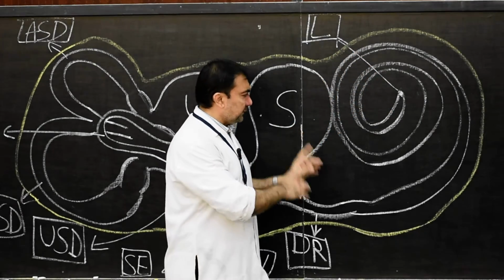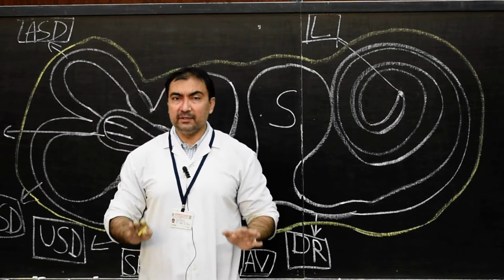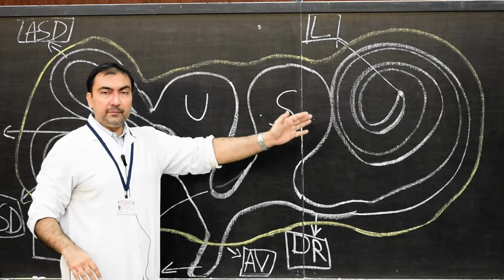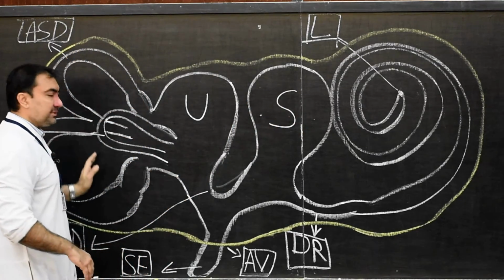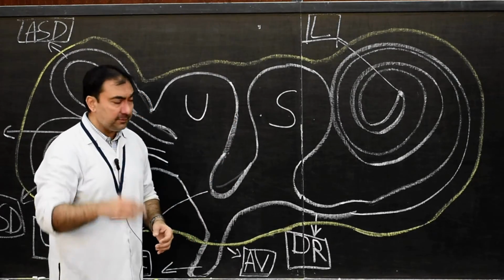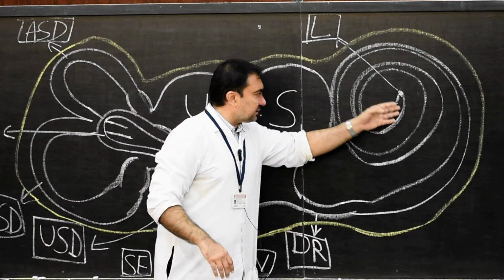So here, this is the first diagram of membranous labyrinth. Very simple line diagram, and this is how you have to describe the entire membranous labyrinth. Posteriorly, you describe these three semicircular ducts. In the middle, you describe the utricle and saccule as I have discussed with you. And anteriorly, you describe the cochlear duct.